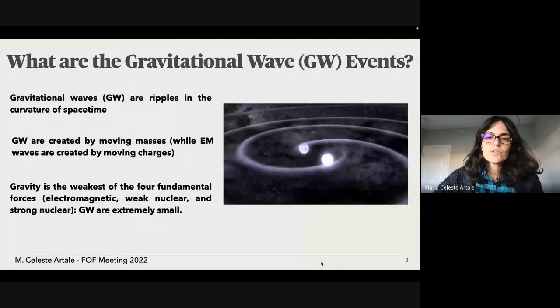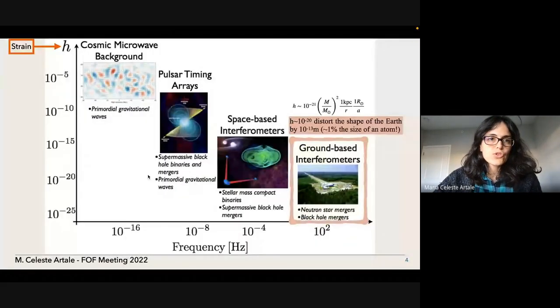by the LIGO detectors at that time. So this plot shows you the strain on the y-axis. The strain is a way to quantify the amplitude of the gravitational waves as a function of the frequency of the wave. And this plot displays all the sources that can produce gravitational wave events that we can measure or detect. In particular, the ground-based interferometers LIGO, Virgo and KAGRA can detect gravitational wave